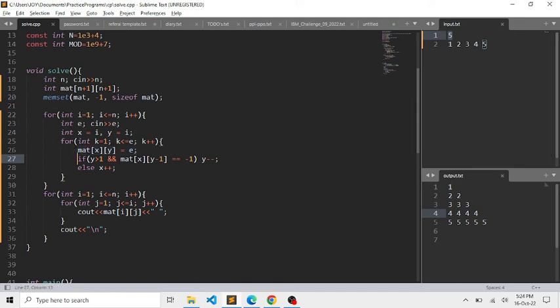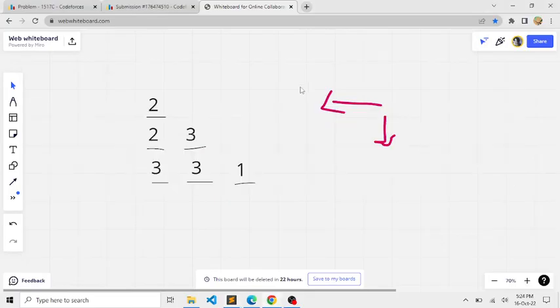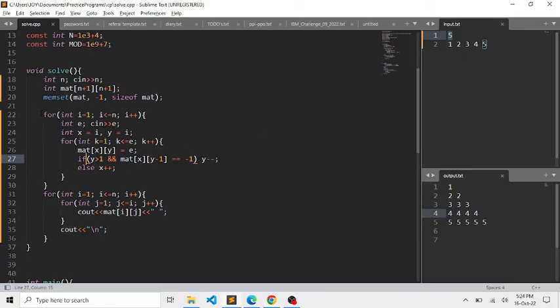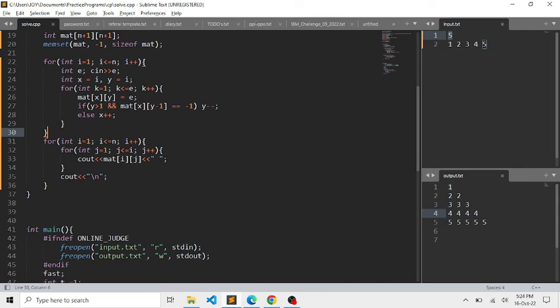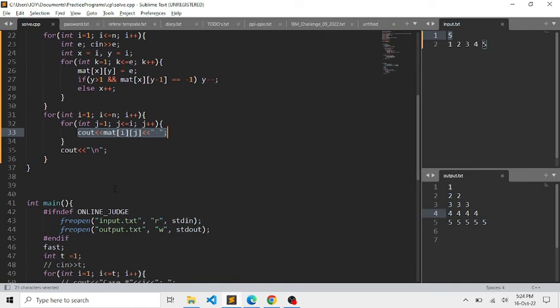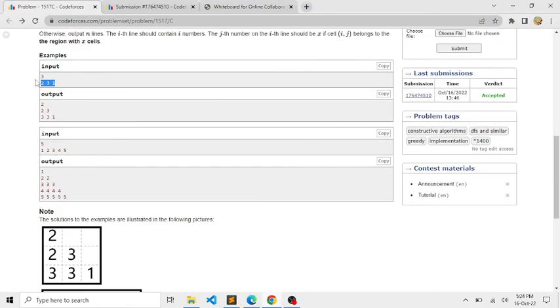Then I'll check on the left side, and then I'll check on the bottom side of the currently placed element. These are the two conditions that I've mentioned over here. After placing all these elements, it simply exits, and here I am simply printing all the elements in the matrix in the triangular format. Now let's take an example of size 3, and the elements are 2, 3 and 1. That is, I believe, our sample input 2, 3 and 1.